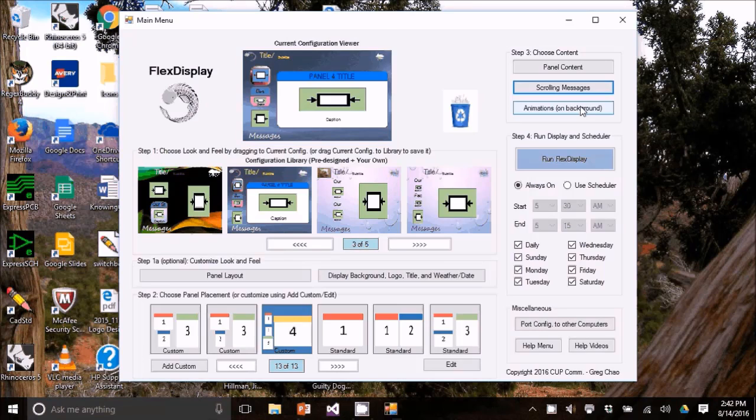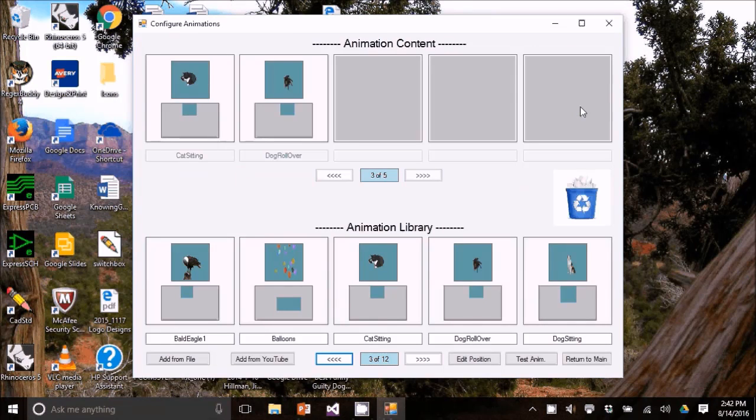Okay, animations. We'll hit that one. There will be another video that will teach you how to add animations from YouTube. They need to be blue or green screen, and also how to actually remove that blue or green screen from the animations. But once you have done it, it will be put into this animation library, and then it's just a matter of dragging entries in or out of